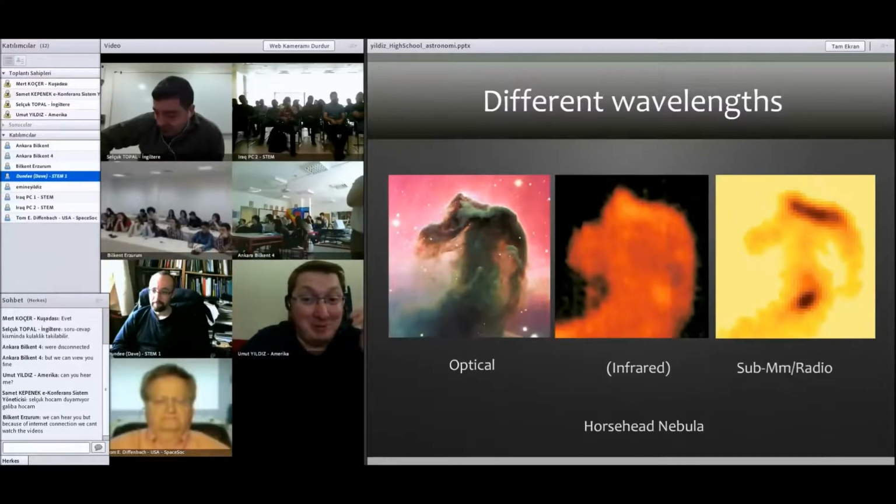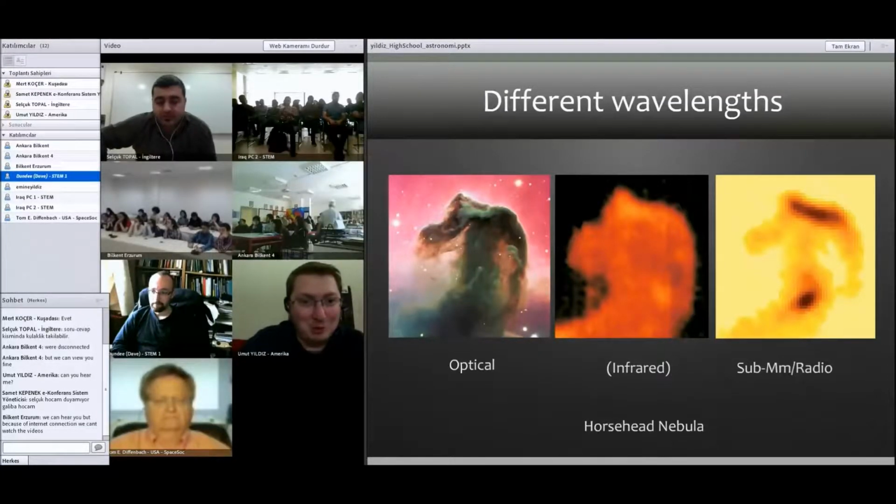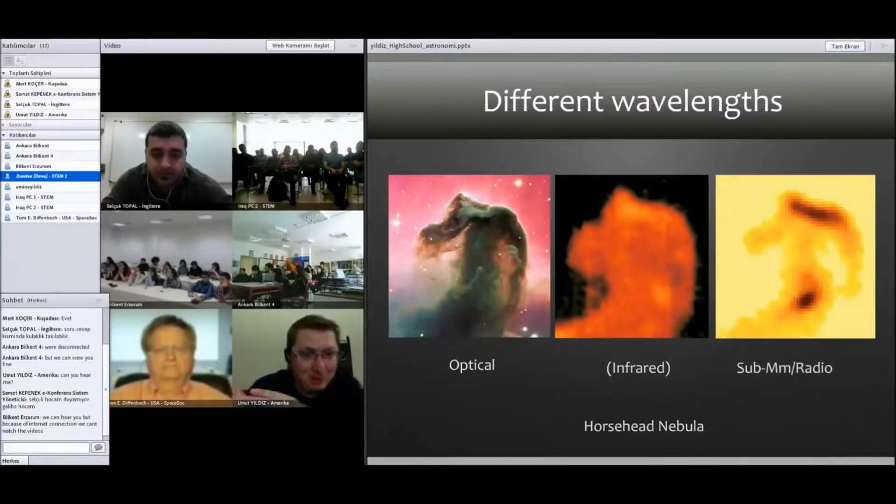in the Hubble images. The astronomers have really nice imagination, so they can name things after real life examples. For example, this is the Horsehead. It really looks like a horse's head, right? So